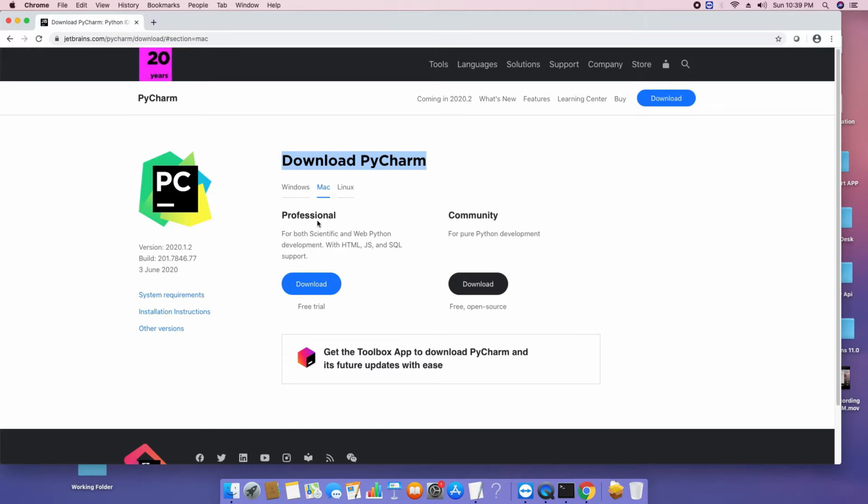and this is the professional version. On the left hand side you can see many features if you download this one, but this is a trial. After 30 days you have to purchase this version to use the multiple features. We are going to download the community version, which is free. This is for pure Python development only. So on this link we have to click once,